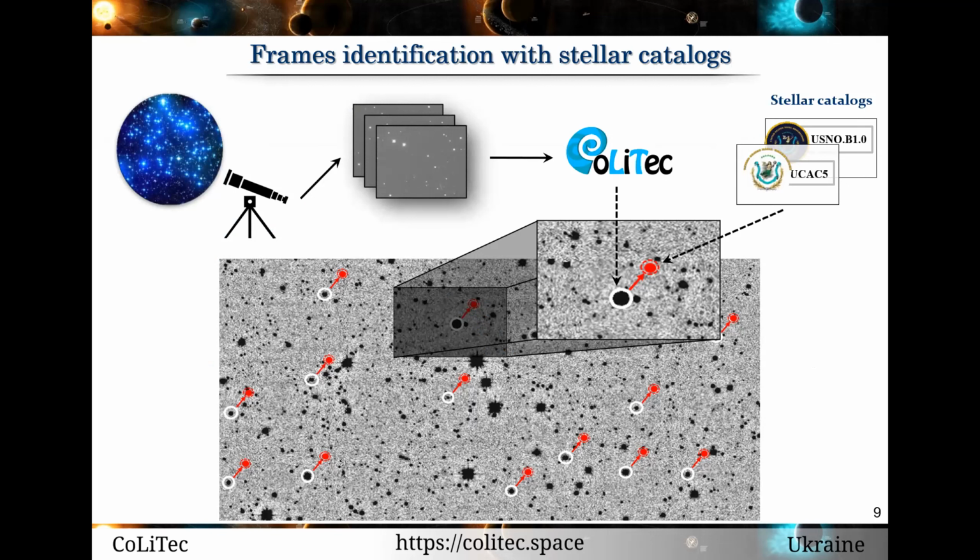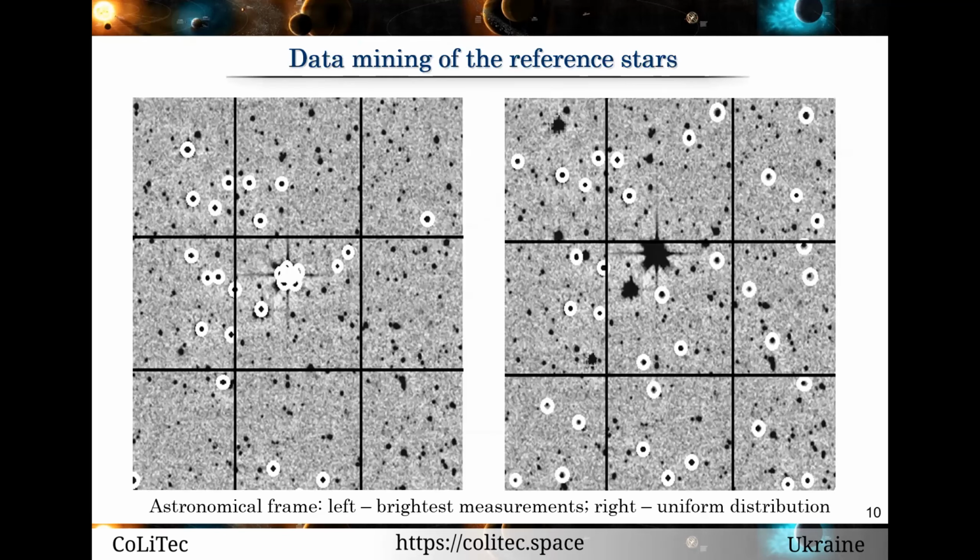This is a very difficult procedure because these catalogs contain billions of objects with appropriate information about them, including astrometric and photometric measurements. The main goal of this stage is to understand what part of the sky these frames are related to. For this purpose, we select the reference stars as guide points in an image.